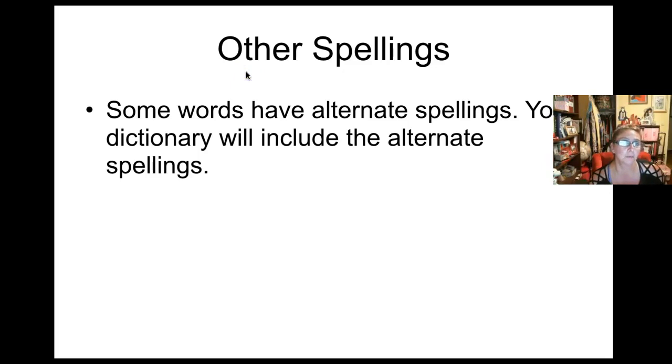Other spellings. Some words have alternate spellings. Your dictionary will include the alternate spelling. It'll show you the plural. It'll show you the past and present tense of a word. So it's really helpful to know all those details too. If you're not sure if you're using the correct word in the correct tense, you can look it up in